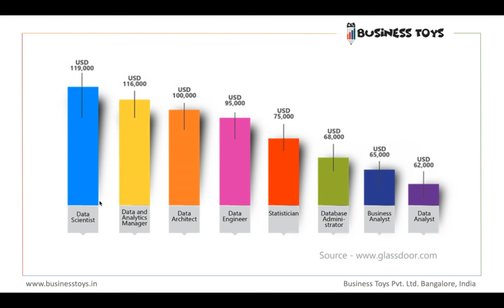Data engineers, as I told you, are the people who manage the data warehouse. Those people are next in the hierarchy. There is something called data architect. A data architect has knowledge of data engineering also. He has knowledge of statistics also. He has business understanding also. So he is the person next in the hierarchy, and this is how people get promoted in data science